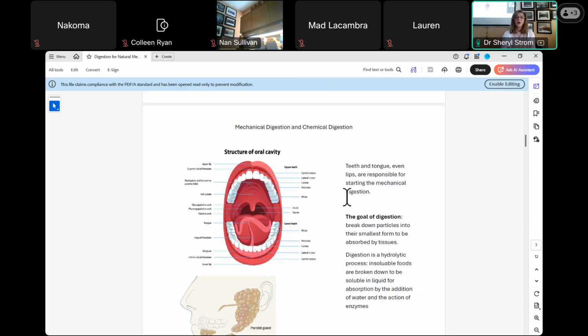Then we have the hard palate and the soft palate. So right here in front, and then all the way behind, close to this dangly thing, the uvula, is the soft palate. The soft palate, when you have some ice cream or something super cold, you get a blazing headache. That hits the vagus nerve. So here's a little trick for you. Put your tongue right on the soft palate. You can even put your thumb right on the soft palate, and it helps to ease that pain from an ice cream brain freeze.